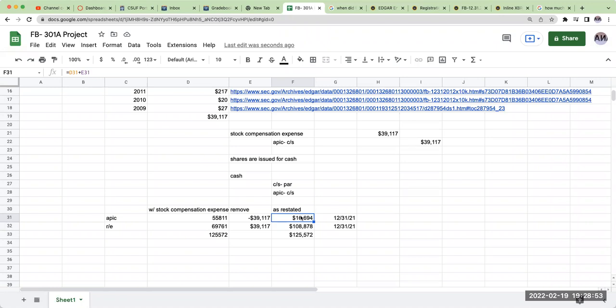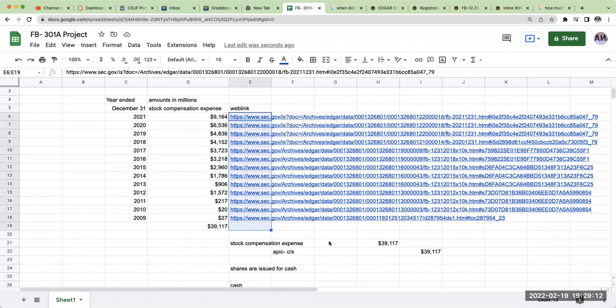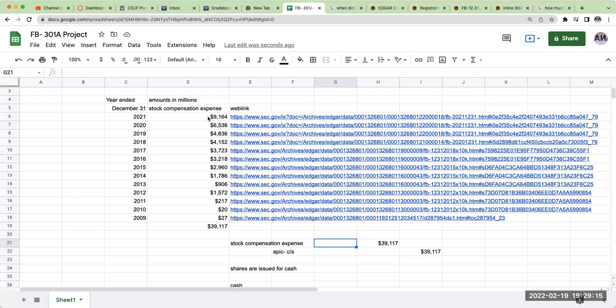A lot of times employees will use a cashless exercise. But again, this is going to be the first part of what you're doing for your group project. You're going to go through the company that I have assigned to you and find out how much stock compensation expense has been recorded. You're going to give me a web link so that I can follow up on that, and you can total the amount. This is going to give us a really good starting point